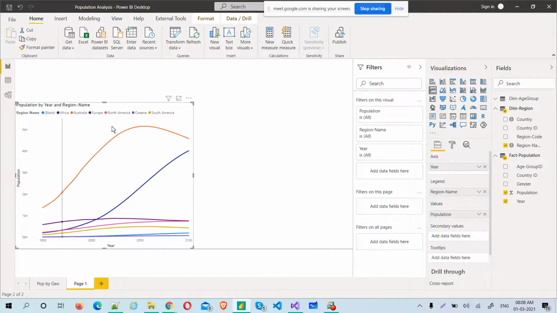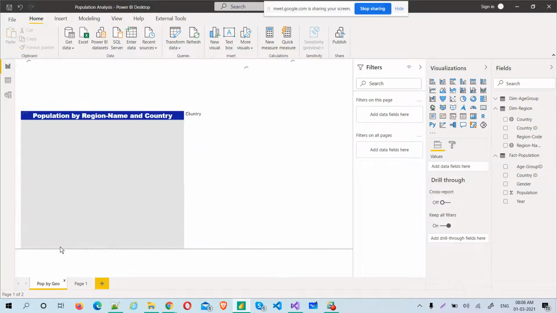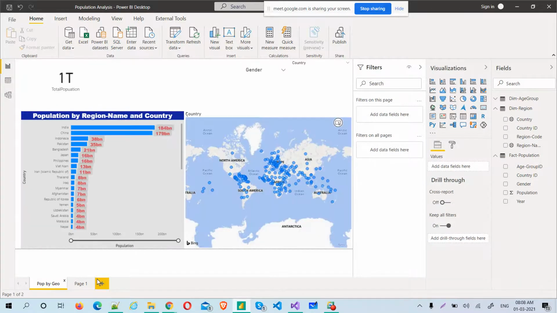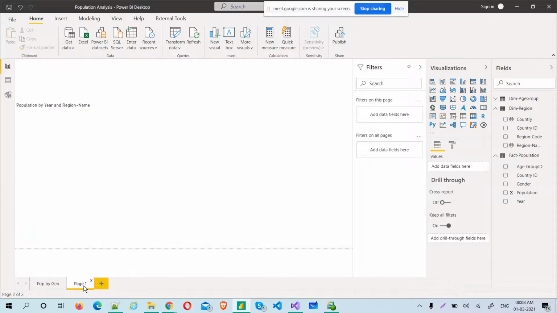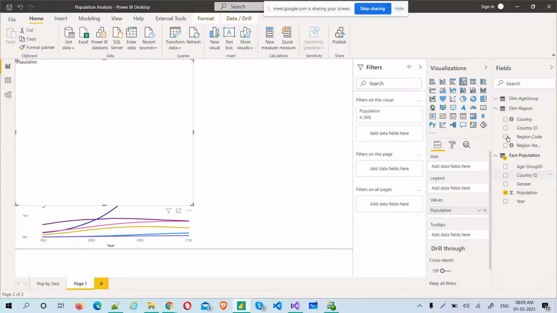We will format this later, but again I'm going to go and copy this. No, we'll create a new one all together. Okay, so the other one would be again the population. Click outside. You should not select this visual, so that it will not override the change. Let's click outside and then select the population, and select the country.